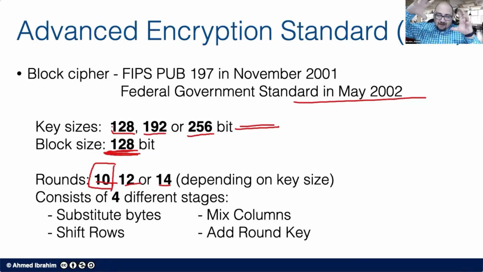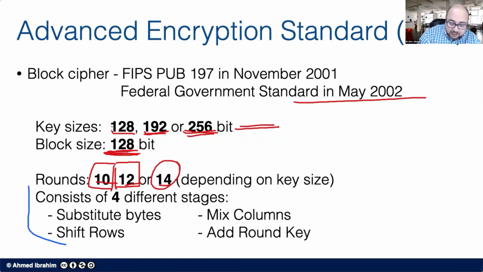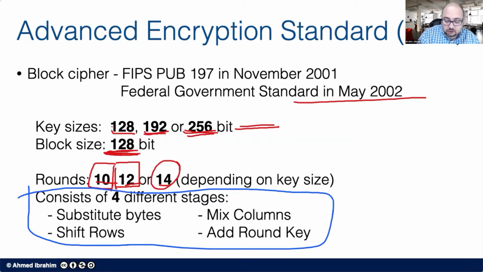A round is like one box that we talked about in 3DES and in DES. This one box that has the expansion permutations and S-boxes and all that kind of thing. If you use a 192-bit key, then AES runs 12 times. And if you use a 256-bit key, then it runs 14 times. What happens in each one of these 10, 12, or 14 times is this part. It's something called substitute bytes, shift rows, mix columns, add round key. It's very similar to the expansions, permutations, and all that kind of thing that was happening in 3DES, but